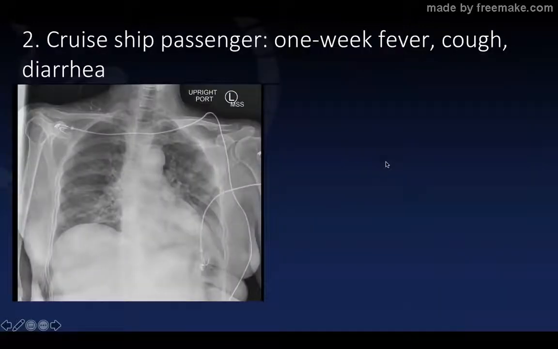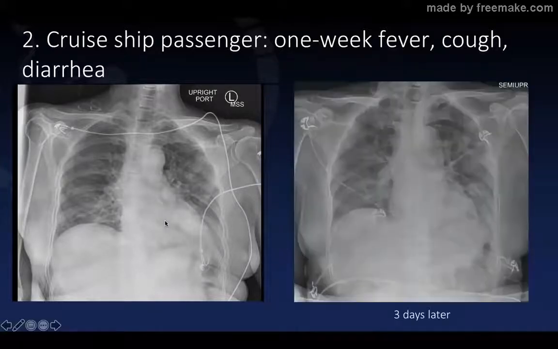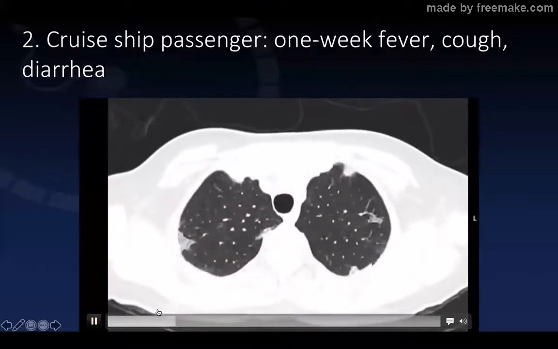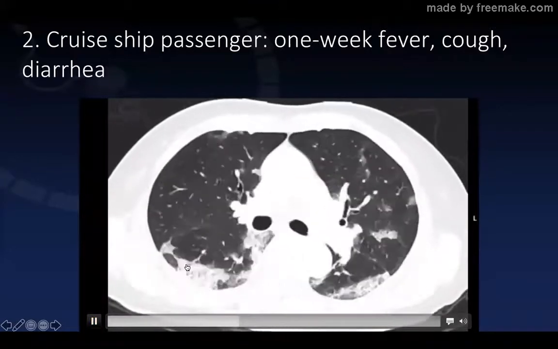This is the next patient that we have, a cruise ship passenger with 1 week of fever, cough, and diarrhea that had been quarantined. Here you can see patchy areas of ill-defined opacities on the chest x-ray. And 3 days later, there's progression with increased ill-defined opacities and what looks like interstitial markings, as we'll see on the CT, that can be somewhat of an optical illusion imposed by ground glass opacities in the lungs that accentuate the interstitial markings. So here, scrolling through, again, one sees the peripheral areas of patchy ground glass,